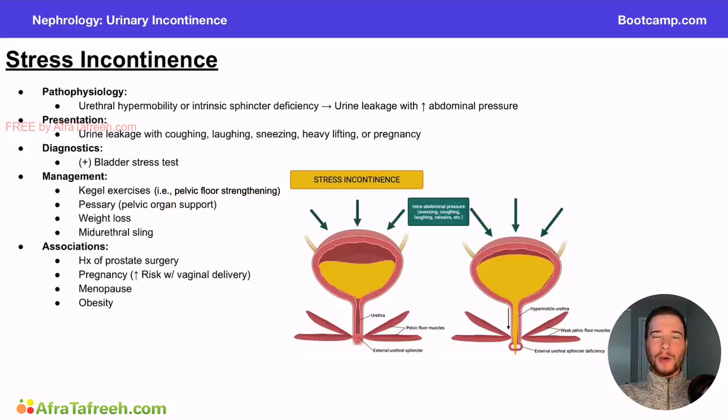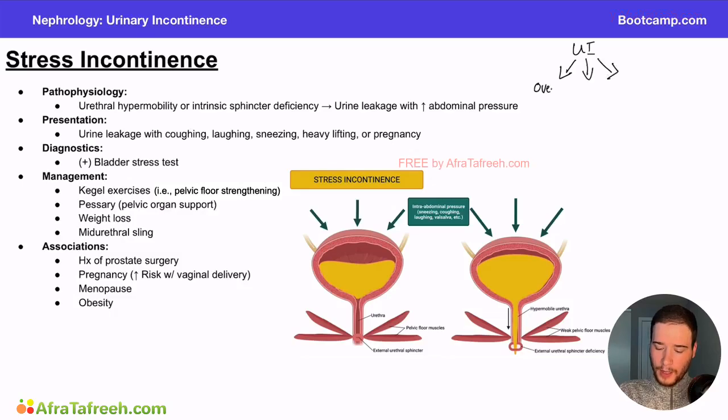In this video, we're now going to talk about one called stress incontinence. So remember, incontinence or urinary incontinence is essentially talking about an involuntary leakage of urine. When we say we have urinary incontinence, which I'm abbreviating as UI, that is essentially an umbrella term that covers three main types of urinary incontinence, including overflow, stress, and urge incontinence. There are some other types, like mixed incontinence, but those are the three high yield ones that I really want you to know